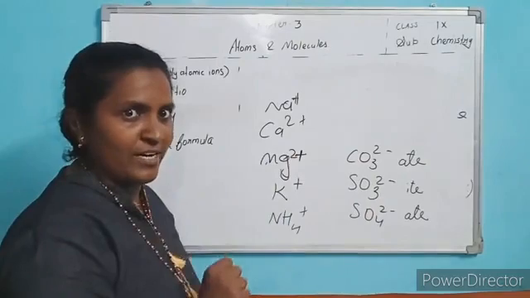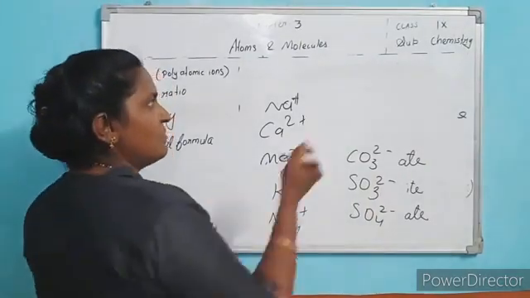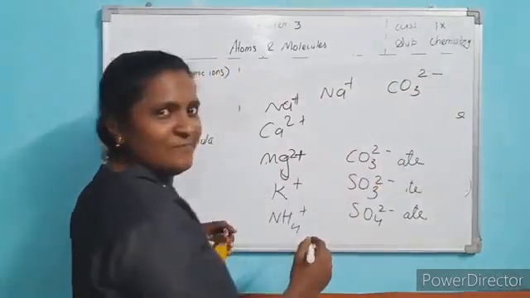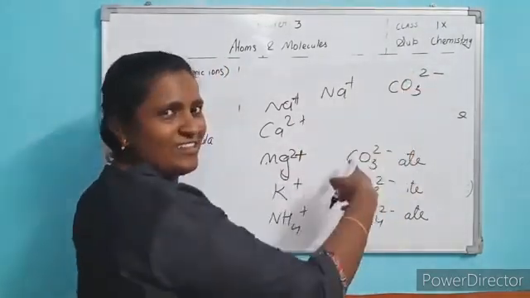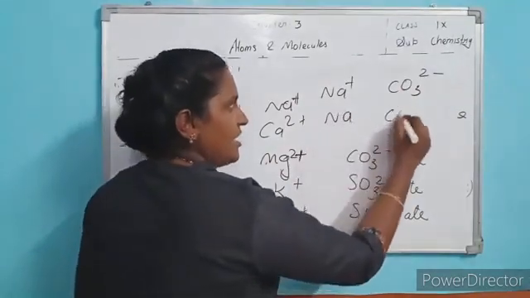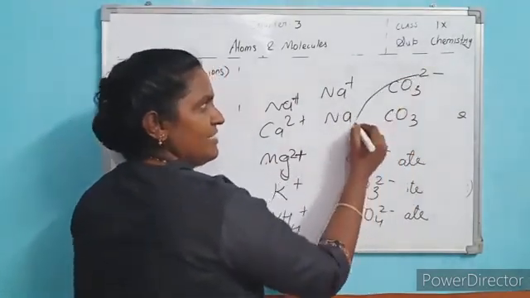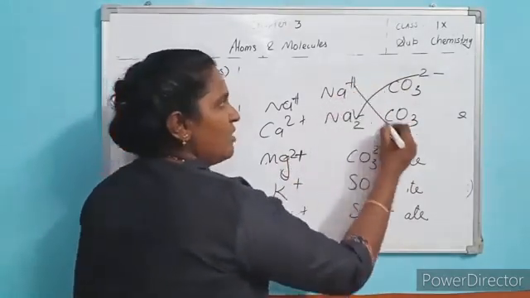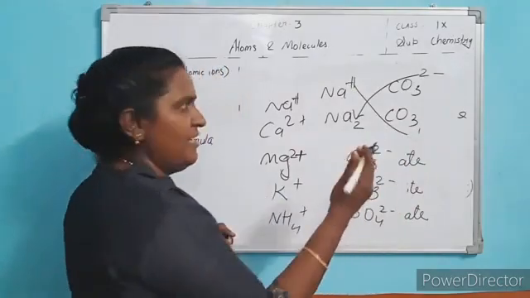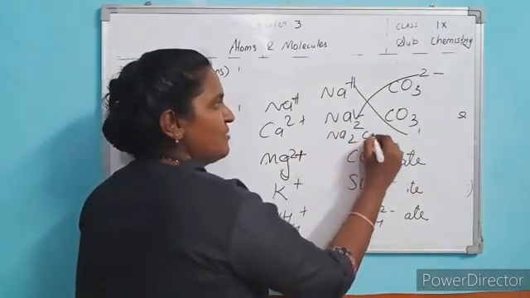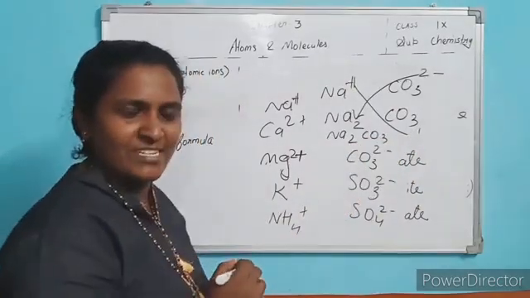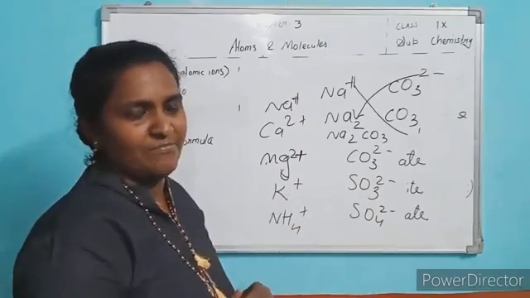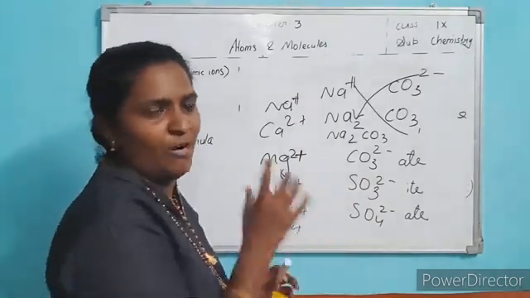For example, sodium carbonate. How will you write it? Use the symbols. Sodium symbol is Na plus. Carbonate symbol is CO3 2 minus. Now you have to do crisscross. Again you write Na, again you write carbonate. This 2 you write here. This is nothing but plus 1; this one you write here. No need of writing 1, it has no meaning at all. So the compound is Na2CO3. This is the symbolic representation of sodium carbonate salt, our chemical formula. By using symbols, we make a formula.